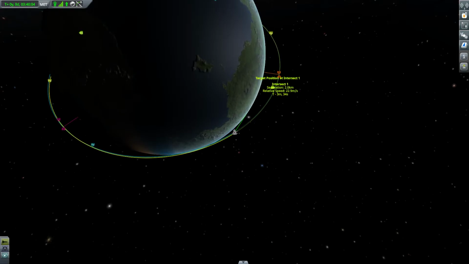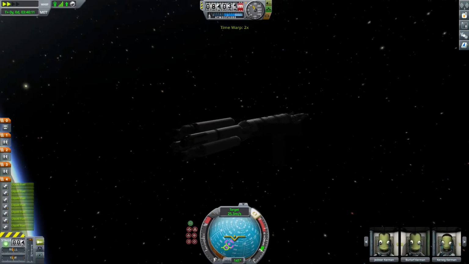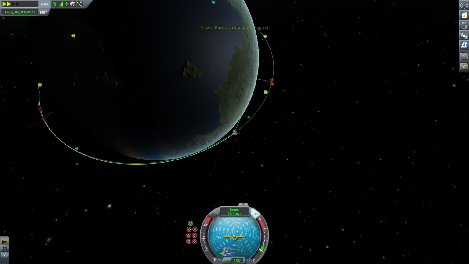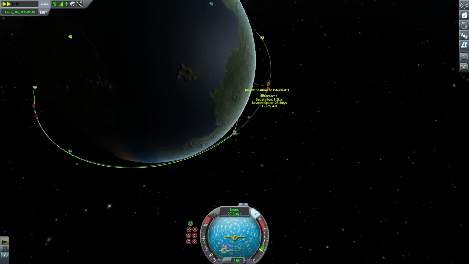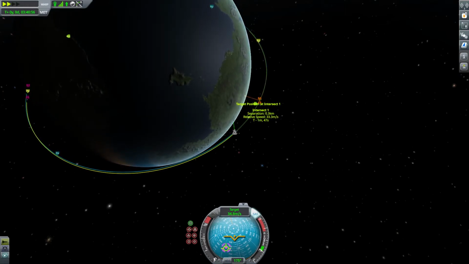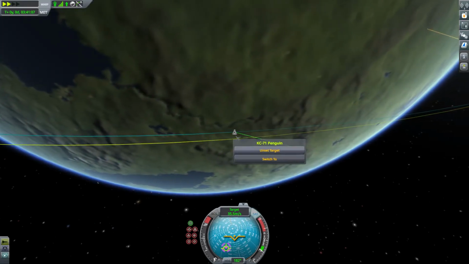So, separation 2 kilometers. Okay, it's coming up. Let's watch this instead. Okay, separation 1.3, 1.0, 0.9, 0.5, 0.3. Okay, that's relatively close. Now if we switch to the Penguin, because this has the RCS,